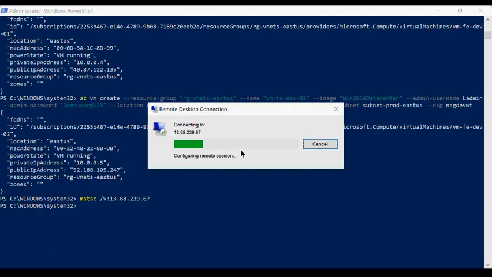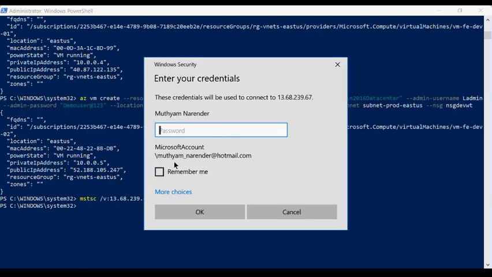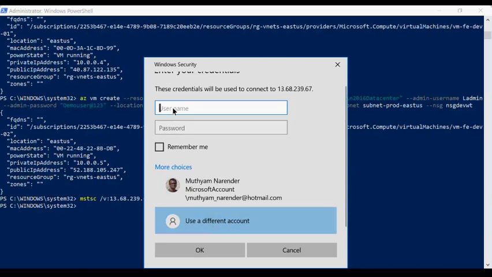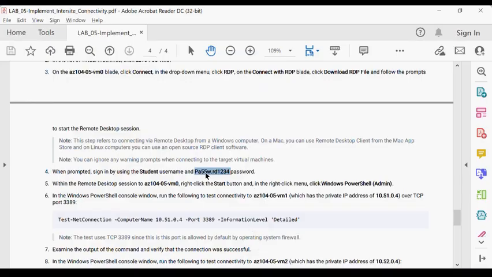While connecting to it, it says use more choices and use a different account, and here type student. And here type the password. I don't know the password, what is it? It's like P something.